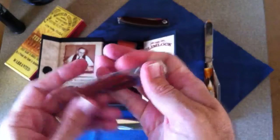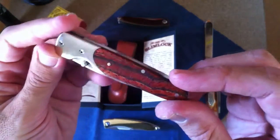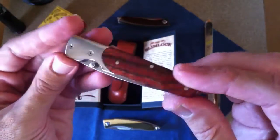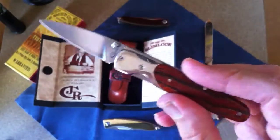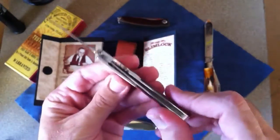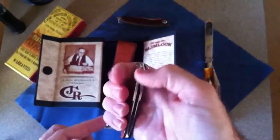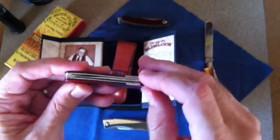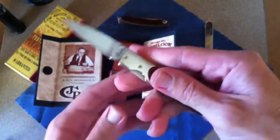I don't know offhand. I know they have different handles. These come in pearl. They come in mammoth ivory. Some limited edition ones. I believe there's some Damascus blades. They have different bone handles. So there's an assortment of handle materials, and the prices are a lot lower than a CRK knife, more than half the price. So I'm not too horribly disappointed in that. But if we can get these little issues solved, this would be an excellent